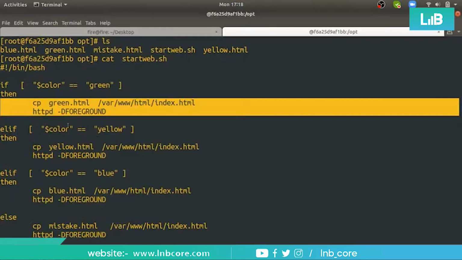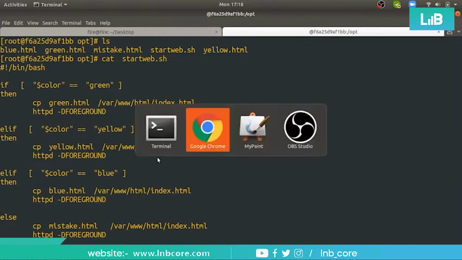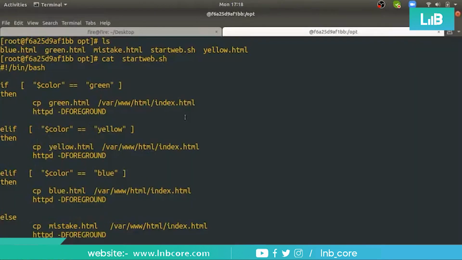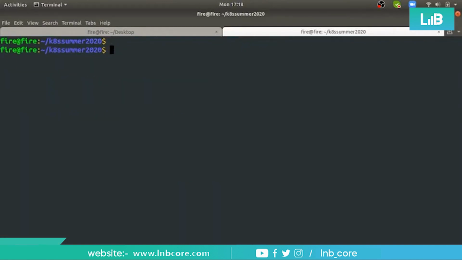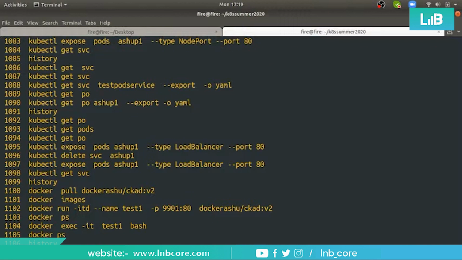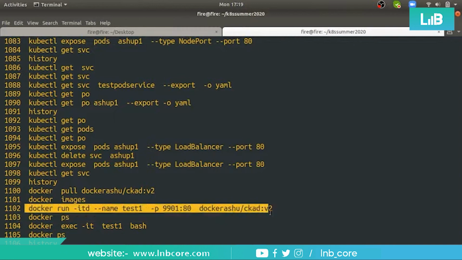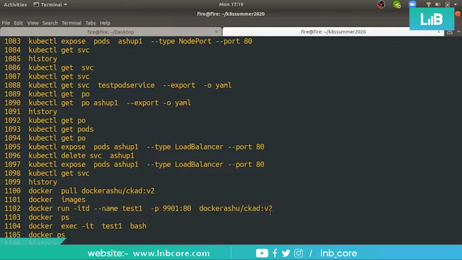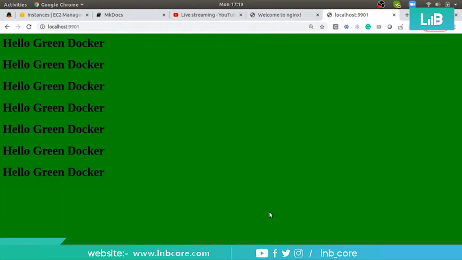What if I want to have yellow color in my web application? So how should I launch that? I'm killing this test. Okay, I'm just doing docker ps. You know that, right? If I want to have a yellow page, what should I do in a new container? Do you remember how we can replace the environment variable from color green to color yellow?